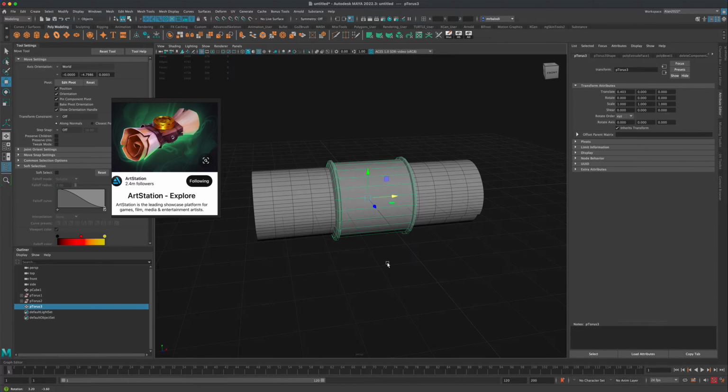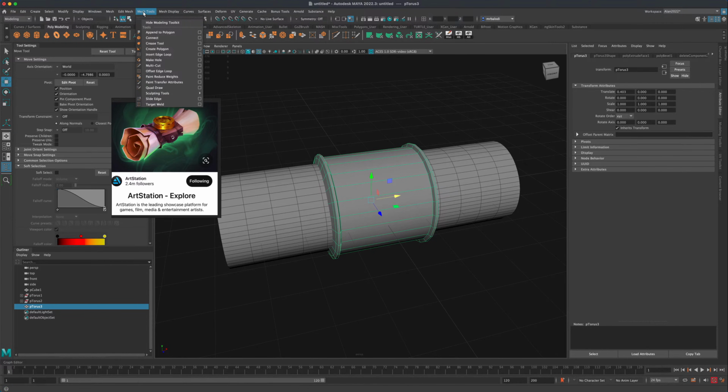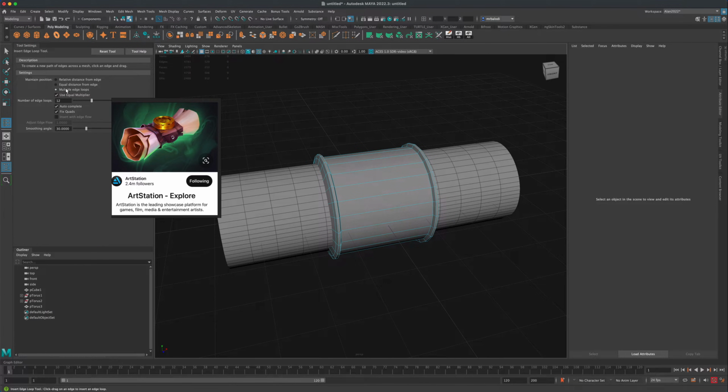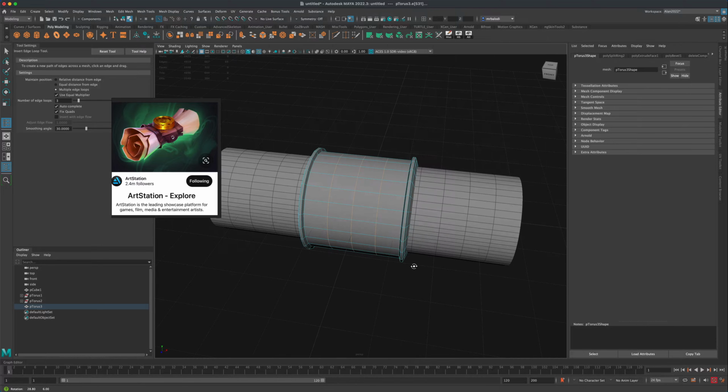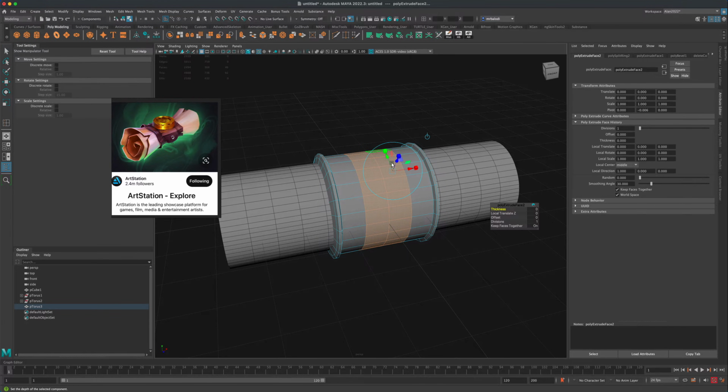All right, so another thing we could do if we wanted to, we can add some middle detail too. So we can just keep inserting more edges. So maybe let's go to options, and let's do 3, and then click here. We can now select all of these guys. Let's do another extrude. So something like that